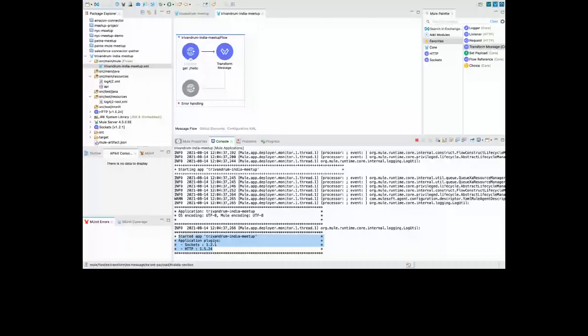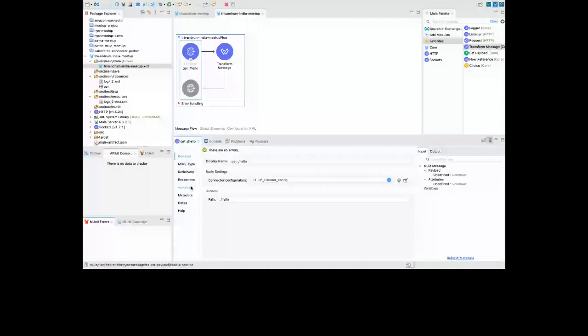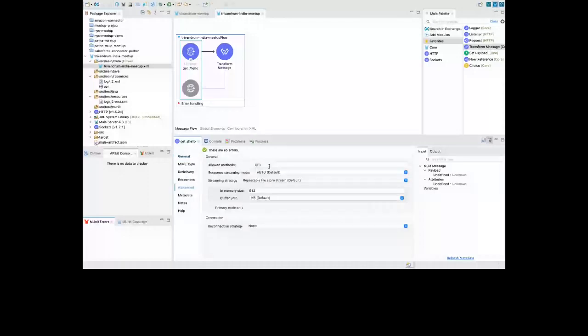And now, if you go to this list, there are various things. If you go to the response, advanced, in the advanced section, you see that you've got allowed methods. So you can provide which method is allowed. Say, okay, I've got GET. That means this particular URL is only for GET. Or if I say GET and POST, this can work for both GET and POST.